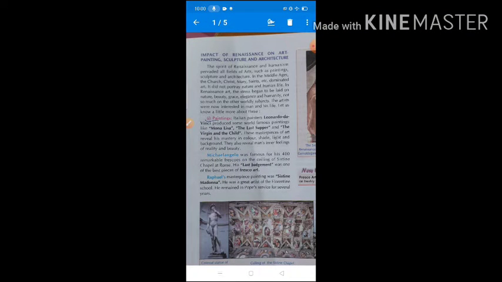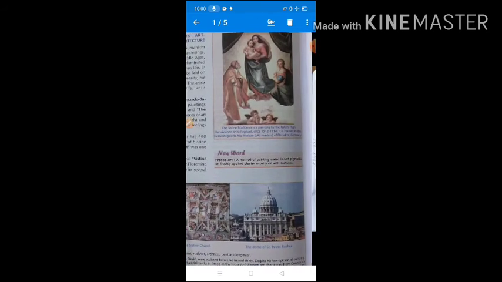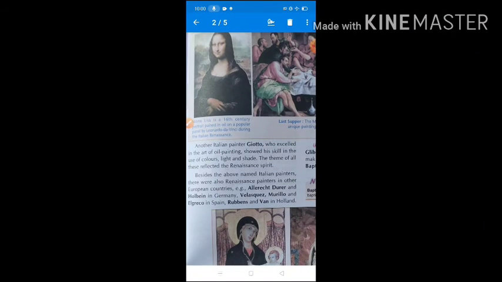My dear students, according to the paragraph, these are very important changes in all the fields, like arts, painting, sculptures and architecture. Especially in painting, the Italian painter Leonardo da Vinci produced some world famous paintings like the Mona Lisa. If you see the Mona Lisa painting, it is very famous among paintings. It was painted by the very famous painter Leonardo da Vinci. Mona Lisa is a 16th century portrait painted in oil on a poplar panel by Leonardo da Vinci during the